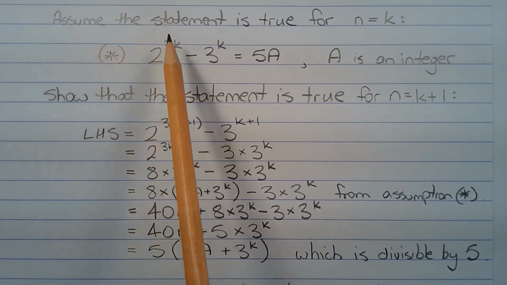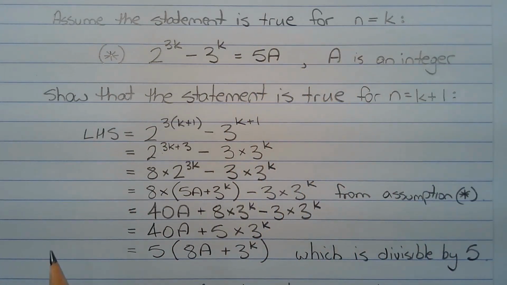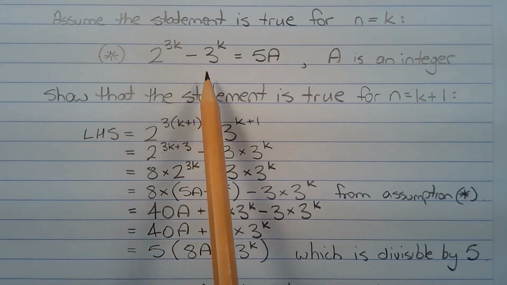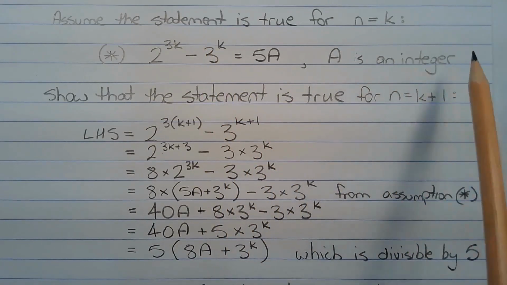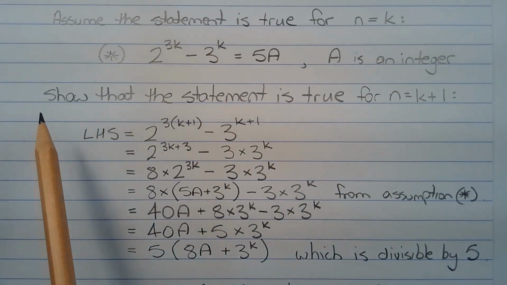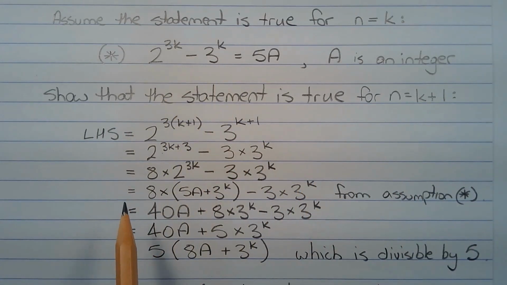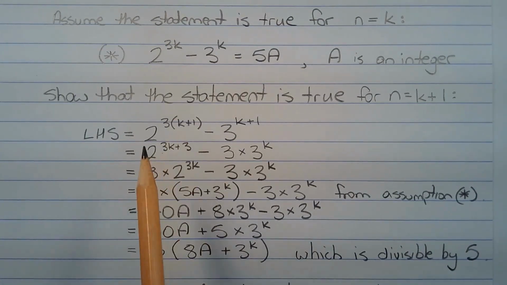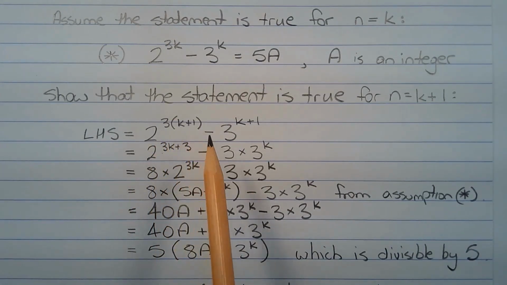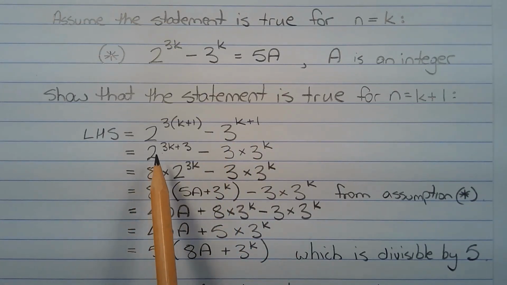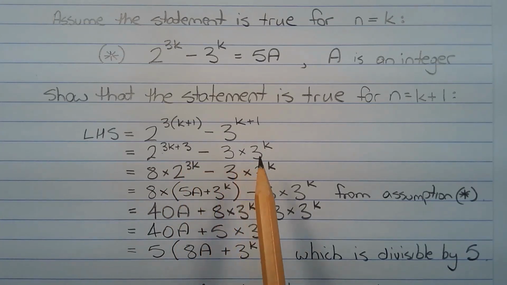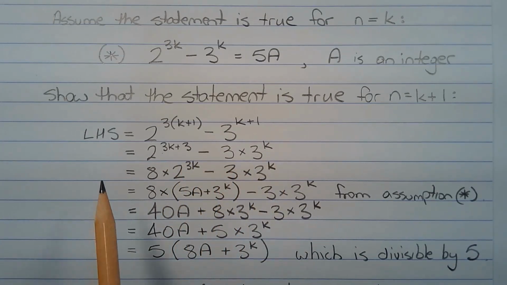The next step is to assume the statement is true for n equals k. That is, 2 to the power of 3k minus 3 to the power of k equals 5a, where a is an integer. The next step is to show that the statement is true for n equals k plus 1. So from the left-hand side of the assumption, we're going to substitute k plus 1 for k. So we have 2 to the power of 3 times k plus 1 minus 3 to the power of k plus 1, which equals 2 to the power of 3k plus 3 minus 3 times 3 to the power of k, which equals 8 times 2 to the power of 3k minus 3 times 3 to the power of k,